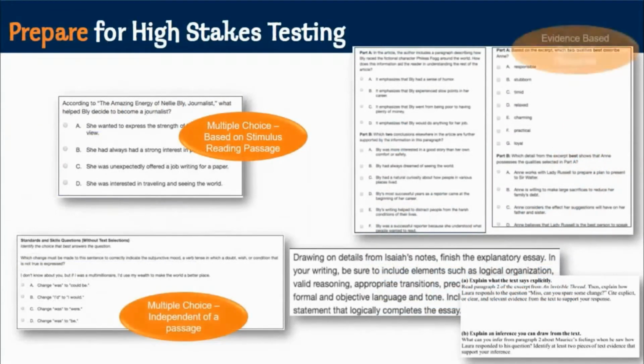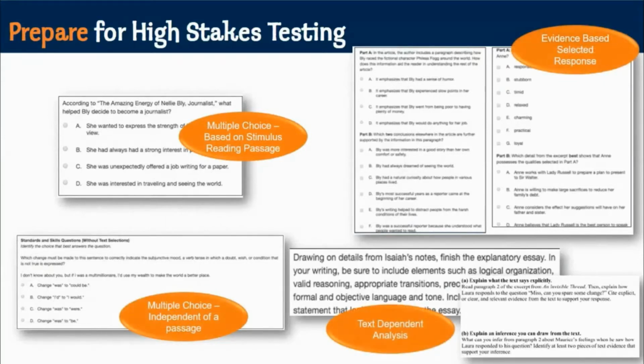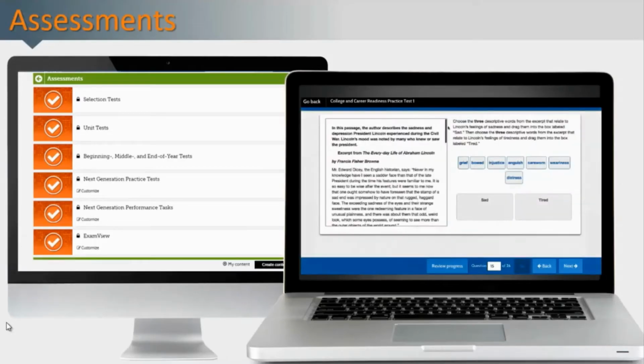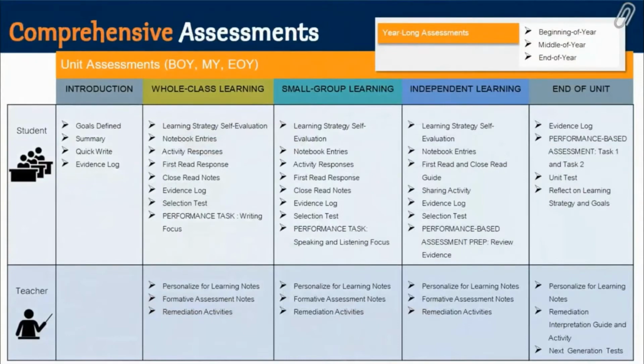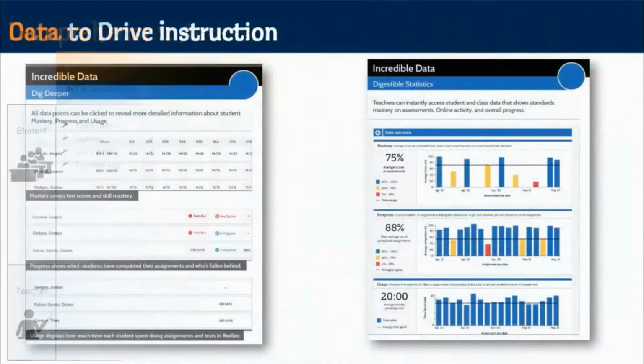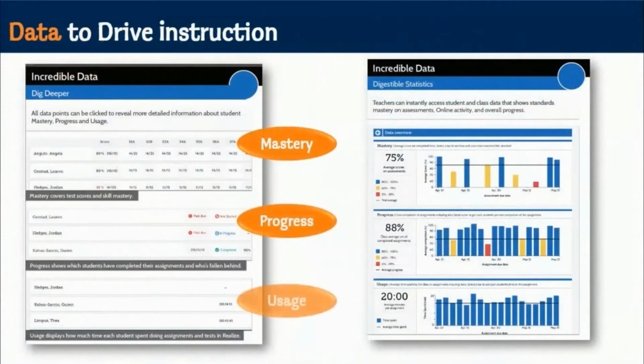myPerspectives prepares students for high-stakes testing with questions that require students to analyze the text, make valid claims, and respond using evidence from the text. myPerspectives also provides students practice with next-generation technology assessment formats using our TestNav 8 assessment engine, a unique Pearson offering. These technology-enhanced items, such as drag and drop and constructed response, provide additional opportunities for students so that they are prepared to be successful for online interactive testing. Built-in formative and summative assessments help teachers monitor student learning. And detailed reports on Realize provide teachers data to drive instruction and assess student growth.